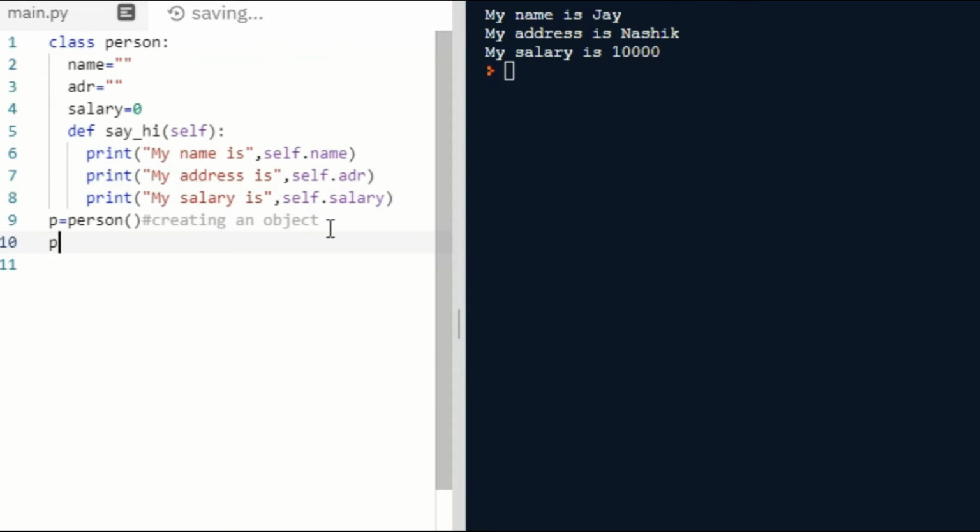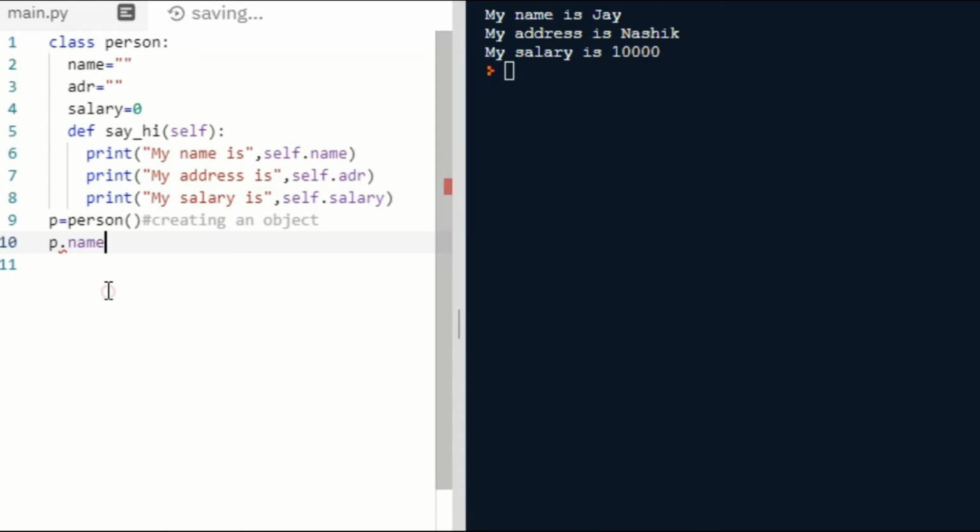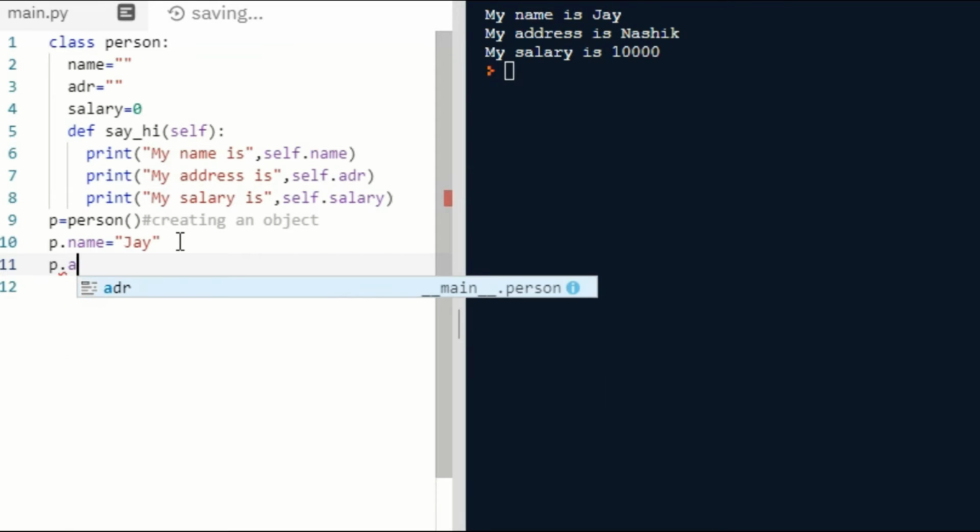Okay, so if I write P dot, using the dot operator, I can access all these properties. The first one we will go with is name equal to, say, Jay, then P dot address